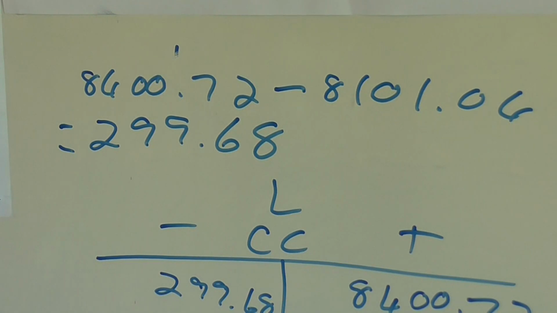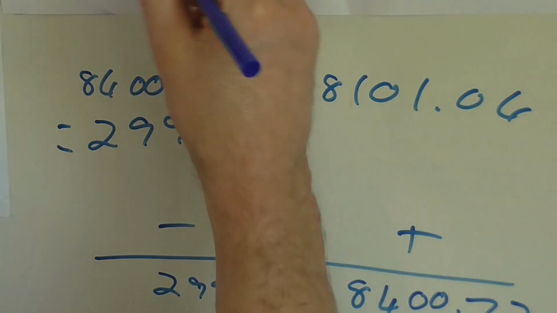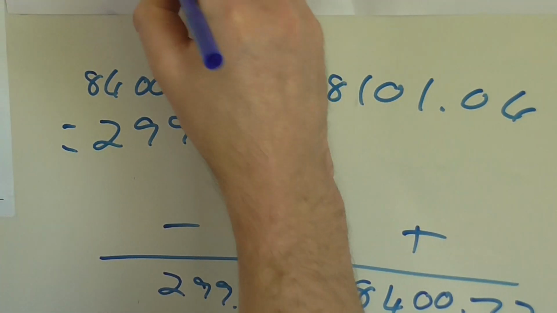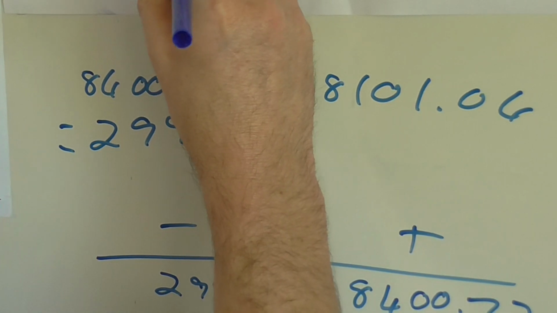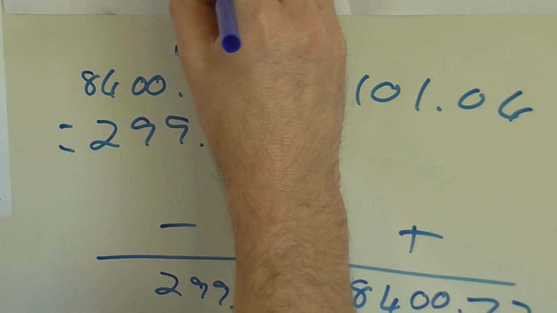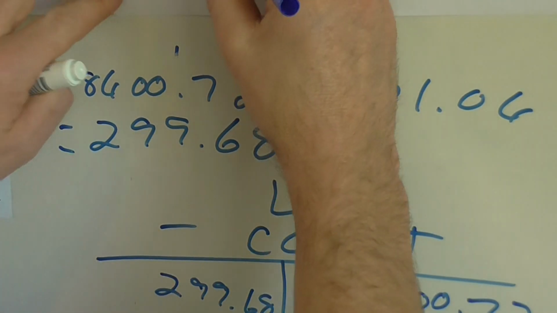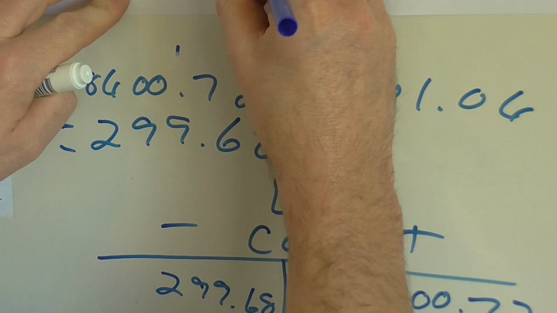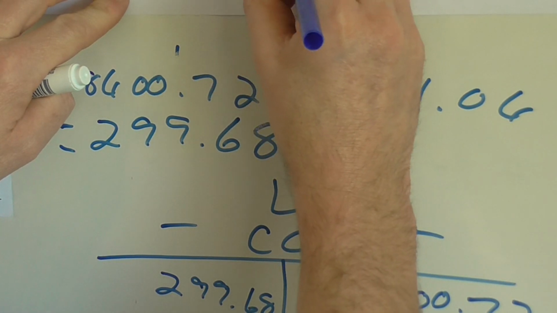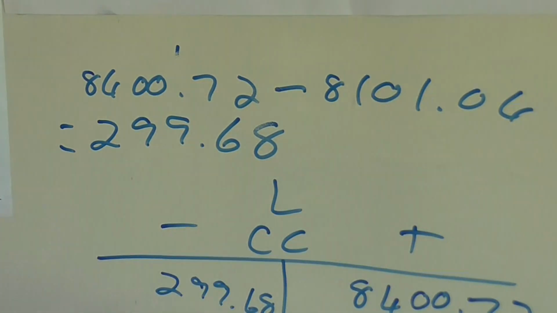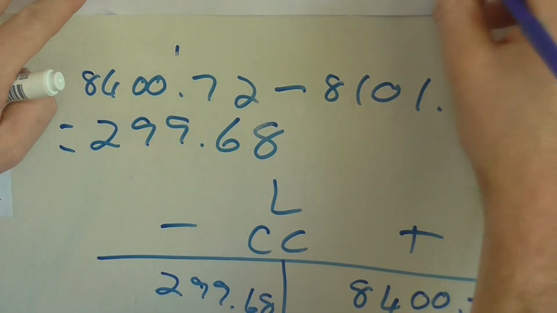Alright. So in other words, we're just going to write here, correction of incorrect post, or whatever you want to call it. It was posted incorrectly, so it's a debit amount of